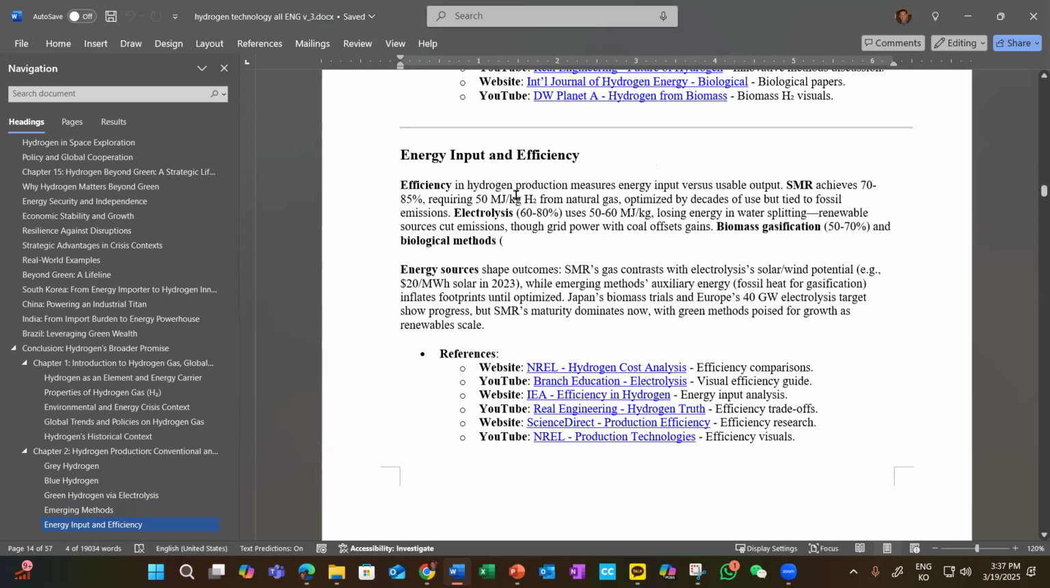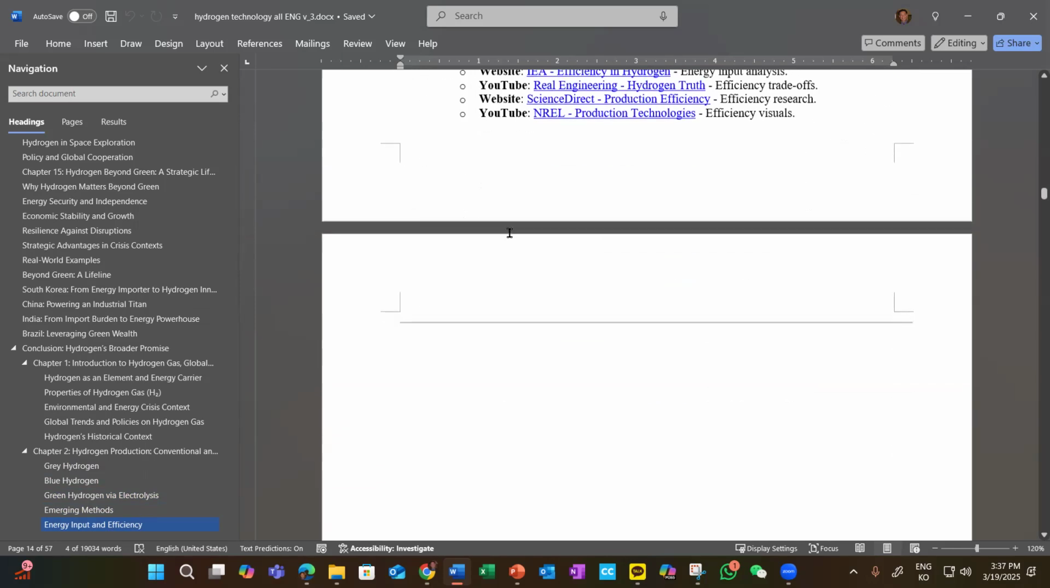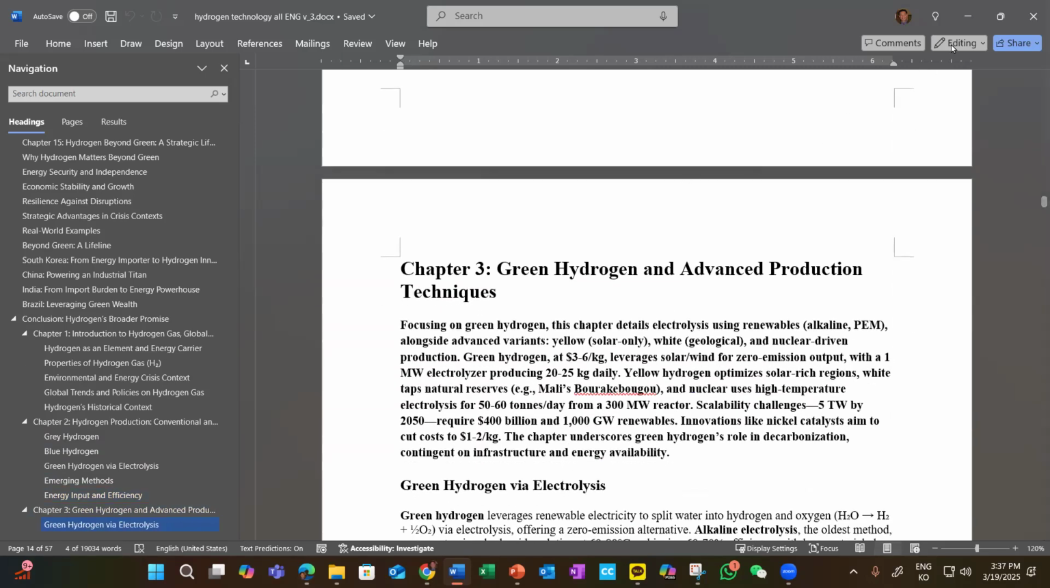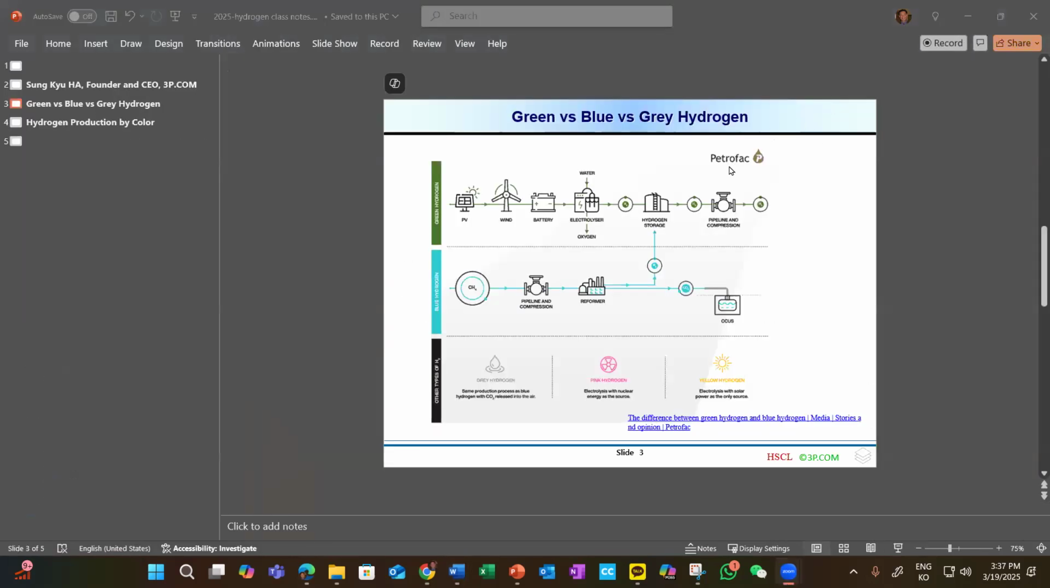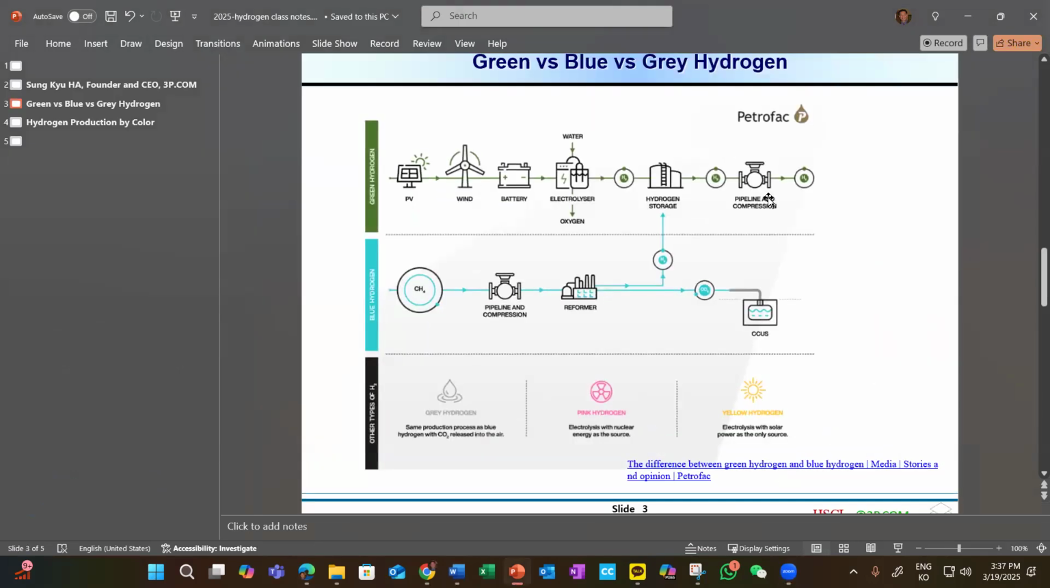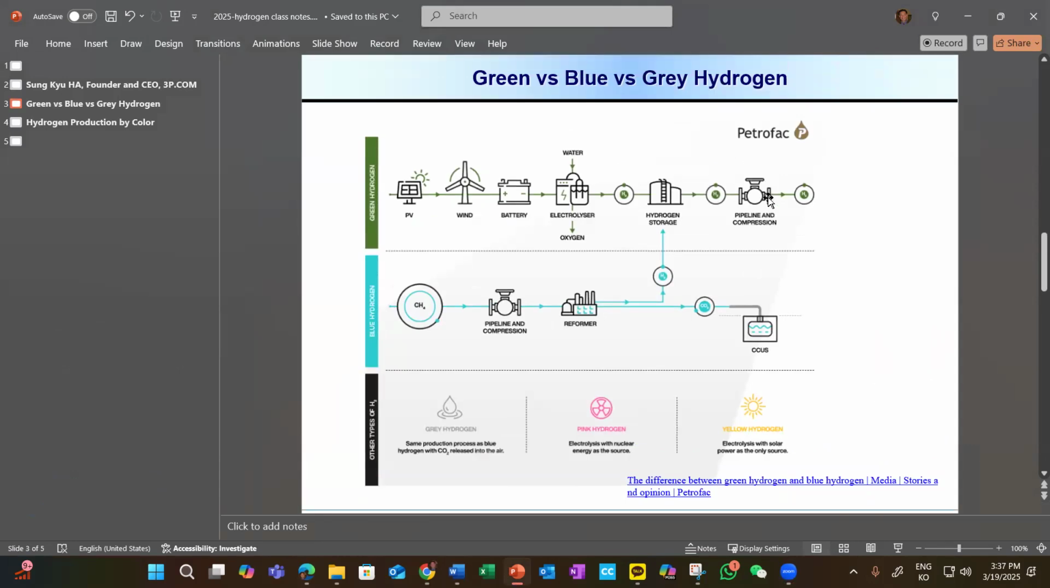There can be several methodologies, but which one is the most cost effective and most maintenance effective? So we also need to understand this in addition to technology. So I like to use the slide. Let's first compare the green versus blue versus gray hydrogen. So green,